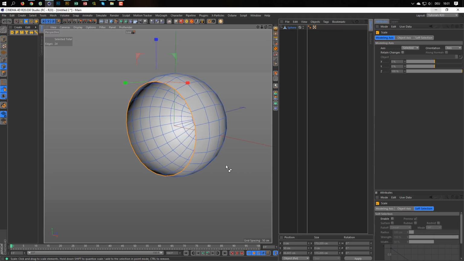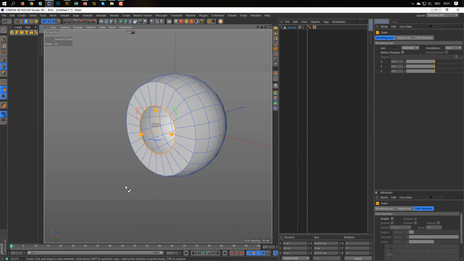Oops, this is wrong. What's wrong here? Aha, this is wrong here. And scale it down. I hold the control key and let's say this is my pupil here. I'll make the pupil first big and then smaller. We will see, I make it in the middle somewhere, so somewhere here. This is our pupil.